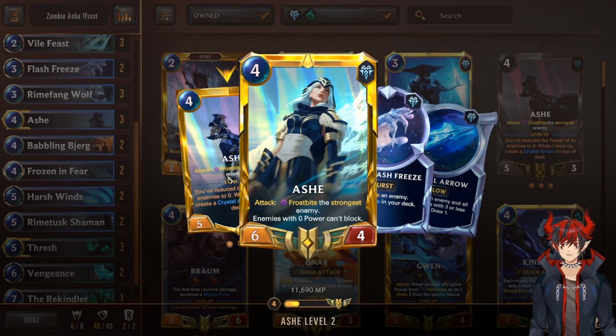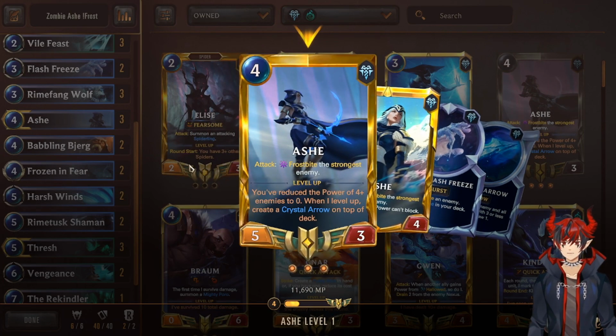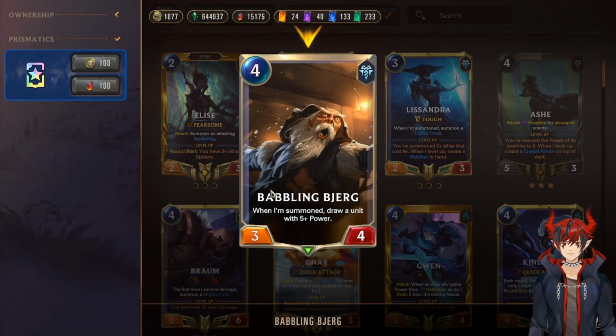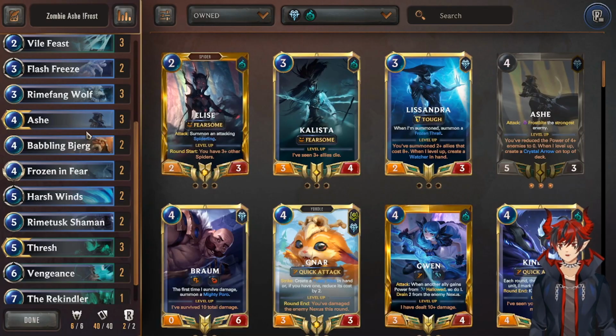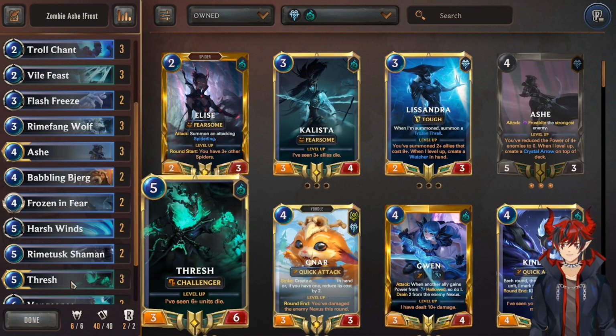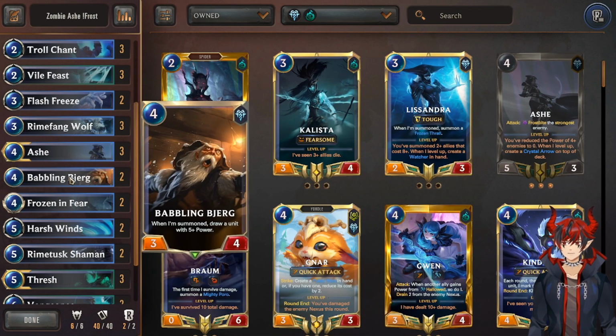The thing she needs now most is a skin. So let's go Riot, let's get Ashe's skin and I'll be happy. Next we have Babbling Beard, which will force draw an Ashe because Ashe is the only unit with 5+ power in our deck. Everything else is 4 or less power, so it's really consistent. We basically have Entreat while also being able to run another champion, so it's pretty nice to have Beard cycle